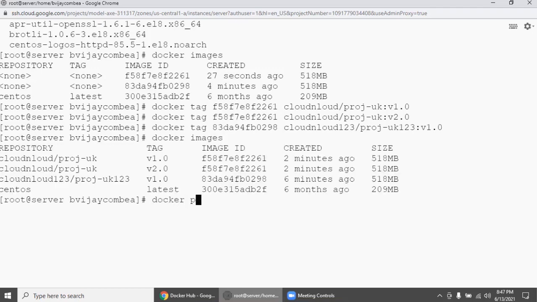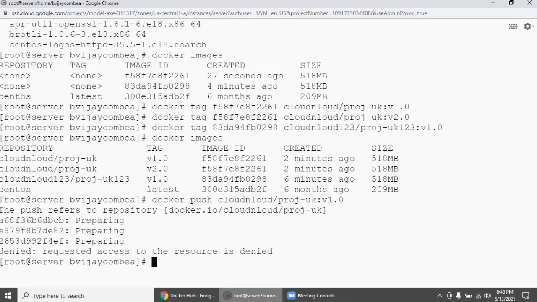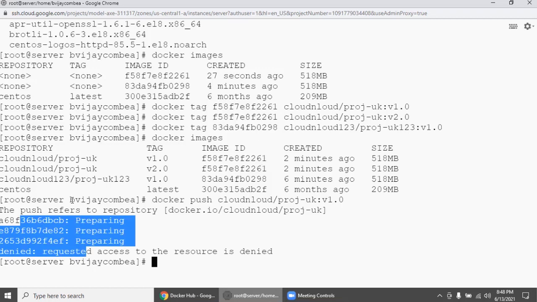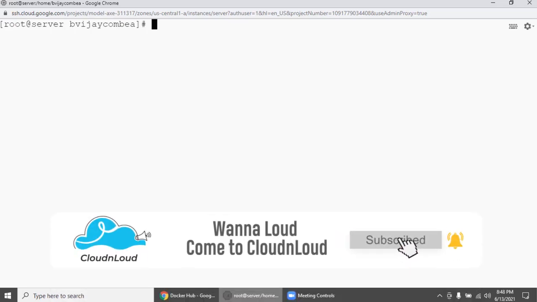Now we need to say docker push. What do I want to push? I want to push this image, and you need to mention the correct name and tagging. See, resource denied. Why? Because in order to push, this Linux machine should have the proper credentials. Everyone can download because it's a public repository, but to commit, to write, the owner is the person who can push it. So the machine has to know your user ID and password. Once you give the credentials, it will not be a problem.